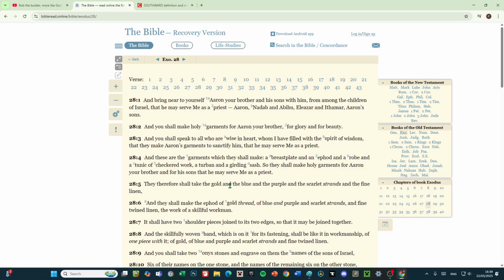These are the garments they shall make: a breastplate, an ephod, a robe, a tunic of checkered work, a turban, and a sash. So they shall make holy garments for Aaron your brother and for his sons, that he may serve me as priest. They shall take the gold, and the blue, and the purple, and scarlet strands, and the fine linen, and shall make the ephod of gold thread, of blue, and purple, and scarlet strands, and fine twined linen,